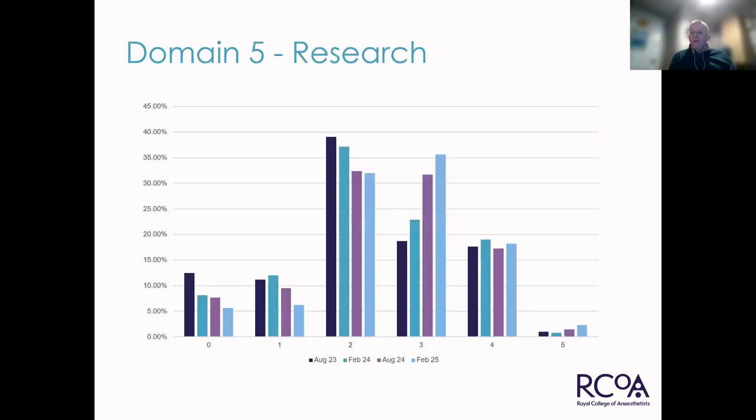Research, less so. A lot of people will find that they don't get a huge amount of opportunity during stage 1 training to undertake research, and that's why we have this bigger cluster around about 2 and 3 marks. But a lot of people are participating in some ways in research, particularly in those national projects where they are able to recruit patients to a research project. So if you've got that information, you've got that evidence, then that will definitely be able to score you points in this domain.